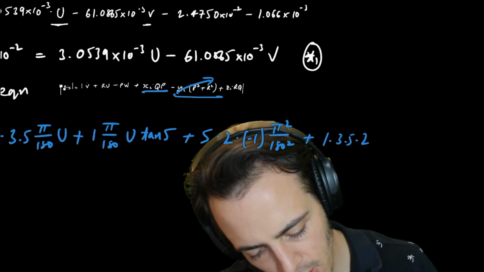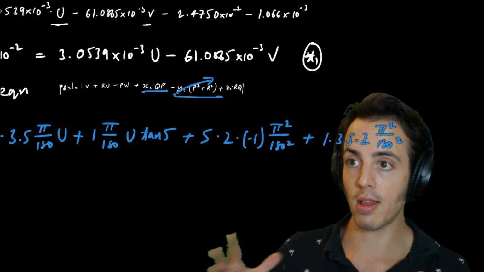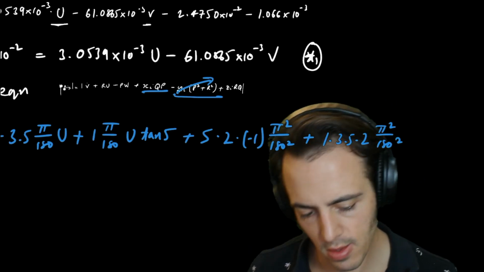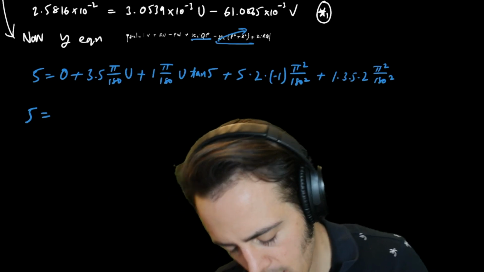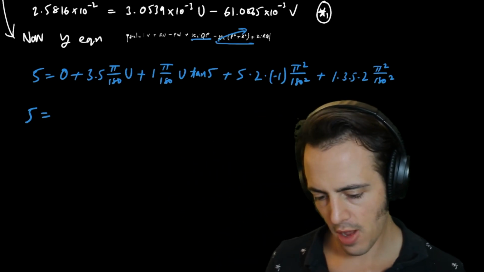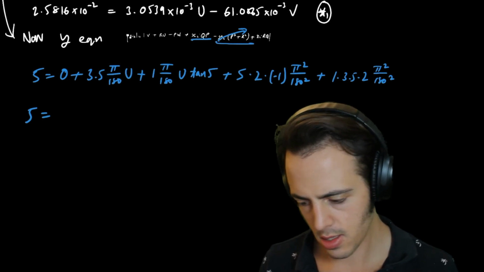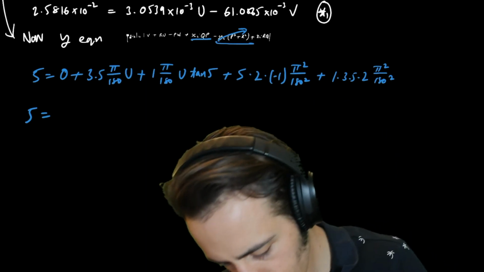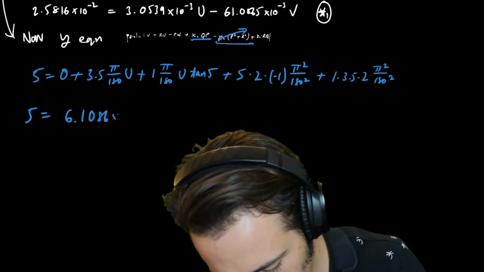3.5 multiplied by 2 multiplied by pi squared on 180, because we've got two angular rates in degrees per second to convert to radians per second. So let's do the numeracy. 5 is equal to 3.5 times pi divided by 180. So we get 6.1086 times 10 to the minus 2 u plus